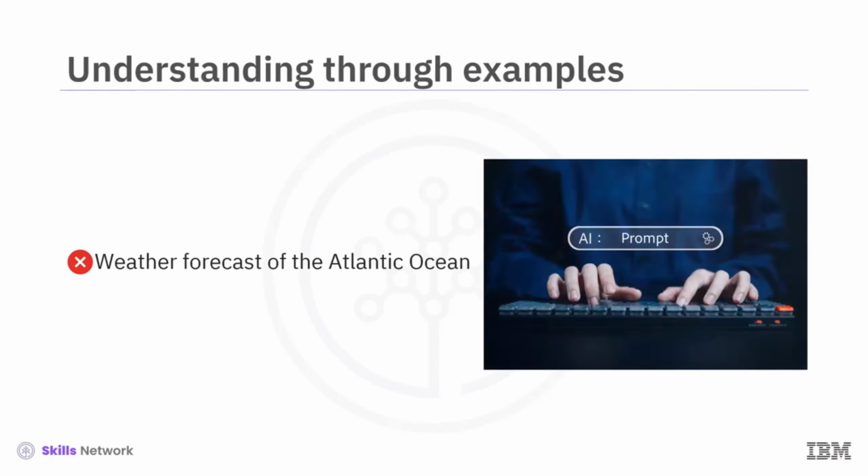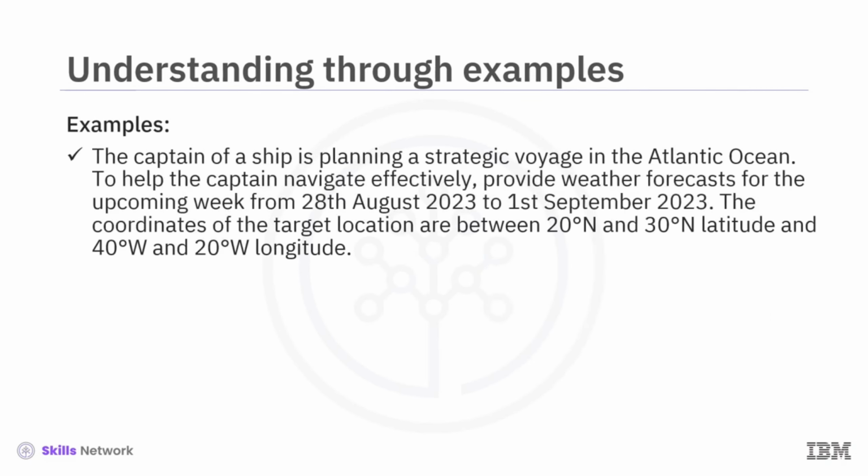To get the most accurate results, the captain will have to engineer the prompts. When designing the prompt, the captain needs to define the context to include details such as the intended location for the weather forecast, in latitude and longitude, and the time range for prediction. For example, the captain of a ship is planning a strategic voyage in the Atlantic Ocean. To help the captain navigate effectively, provide weather forecasts for the upcoming week from 28th August 2023 to 1st September